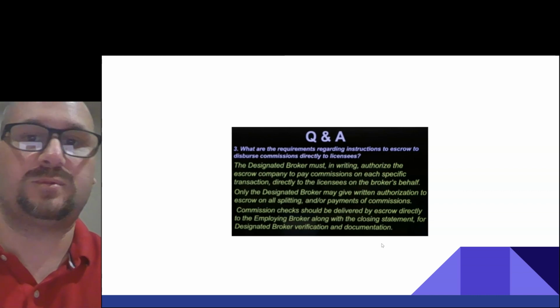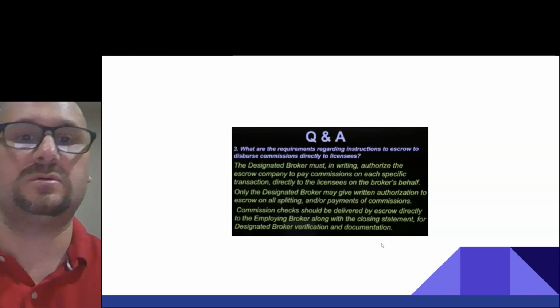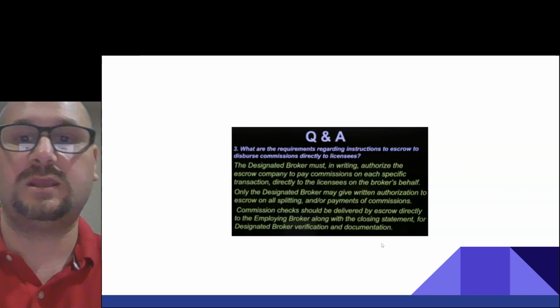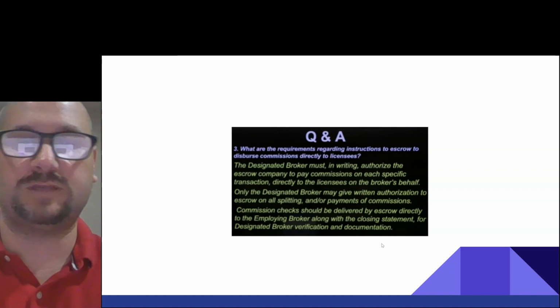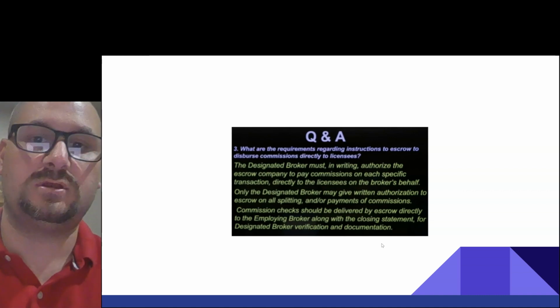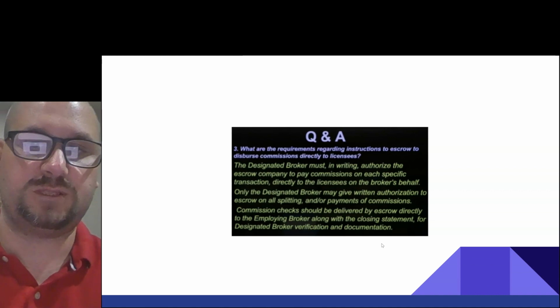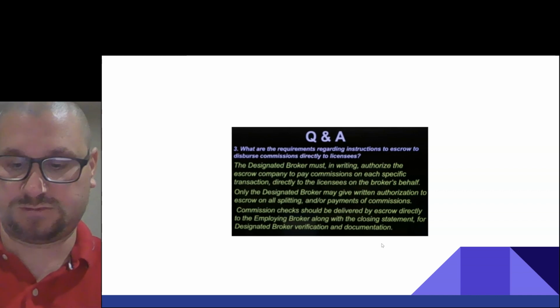Only the designated broker may give written authorization to escrow on all splitting and or payments of commissions. Commission checks should be delivered by escrow directly to the employing broker along with the closing statement for designated broker verification and documentation.